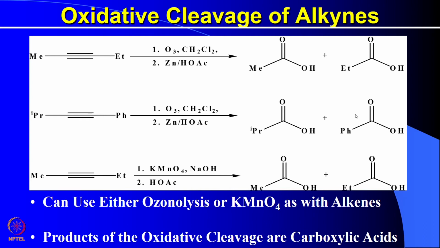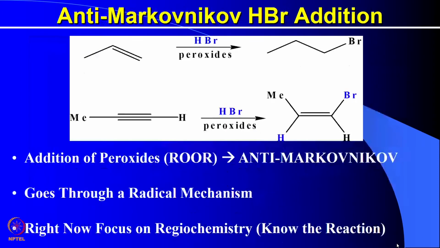So when you try to treat these alkyne compounds using ozone or potassium permanganate, the result is the same as that observed for alkenes. So when we treat these alkynes with ozone or potassium permanganate, the molecules break from the middle where you have the C≡C, and the corresponding carbonyl compounds are formed. You see, in all the cases, these are the acids, which are the highest oxidation state of these organic compounds. So it always forms a pair of carboxylic acids on oxidative cleavage reaction.